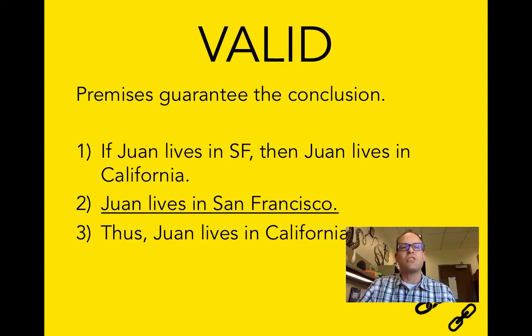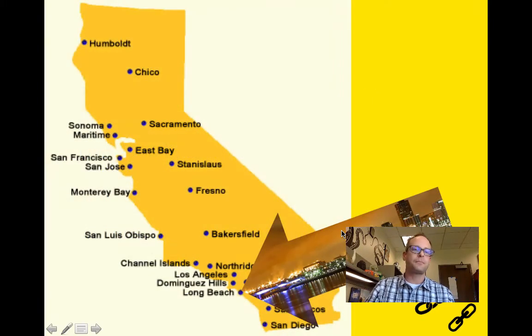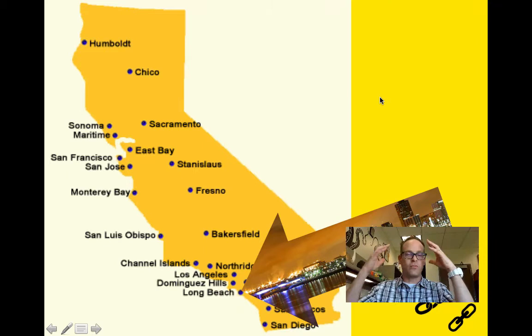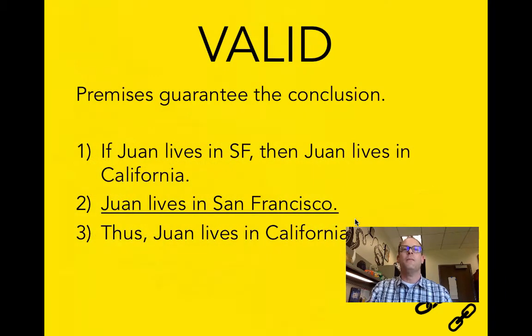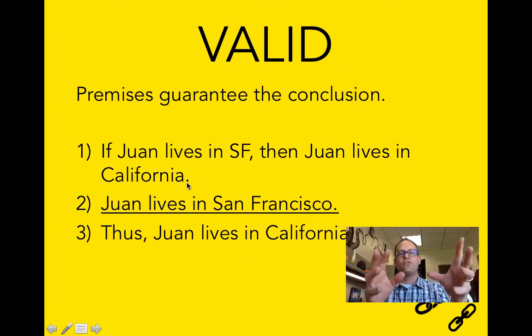In a valid argument, the premises guarantee the conclusion. If Juan lives in San Francisco, then Juan lives in California. Juan lives in San Francisco, thus Juan lives in California. We know this is true because of how reality works. Here we go. He's in Long Beach, so he's also in California. It's just the way the world works. When an argument works like that, in other words, when the truth of the premises guarantees the truth of the conclusion, then you know that the argument is valid. That's a good thing. In other words, you're kind of forcing someone to accept your conclusion because 1 and 2